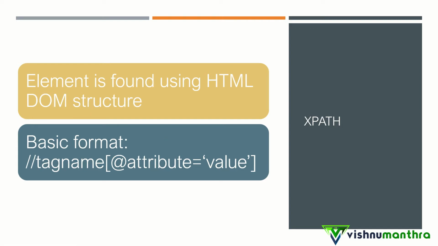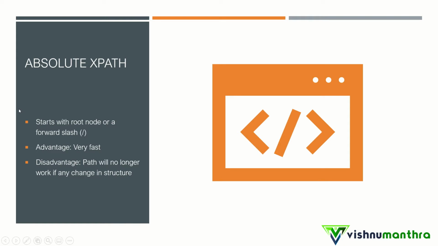So let's move into the types of XPaths. The first one is absolute XPath. The absolute XPath starts with a root node or a /. So whenever we construct an XPath using absolute XPath, we will start with a slash. The relevance of absolute XPath is that we will be traversing through the DOM structure starting from the root. That means we will start from the beginning of the DOM structure and go to the elements one after another, and we will even drill down to the parent as well as the child elements, and then we will find the particular element whichever we want to find.